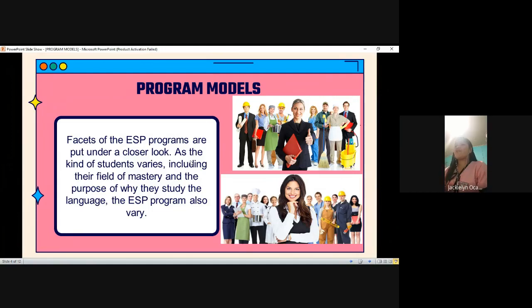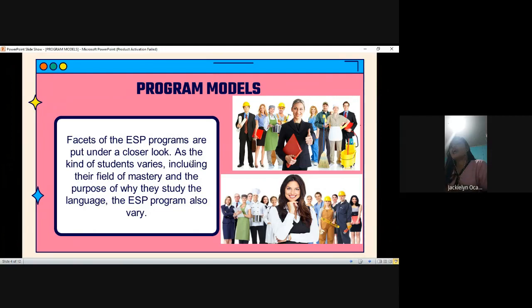The ESP program also varies. This is to understand how it works for different types of learner and to expand your knowledge about different ESL teaching situations that you may encounter in the future.